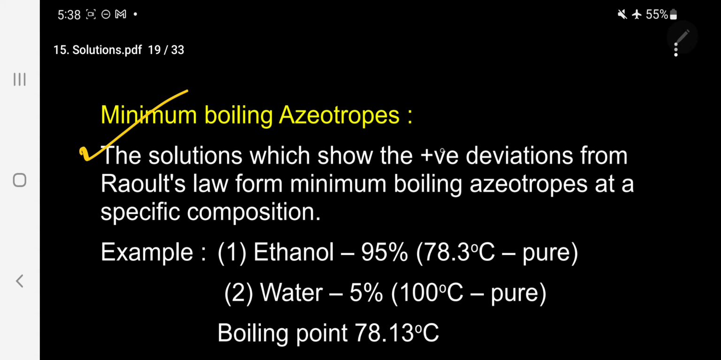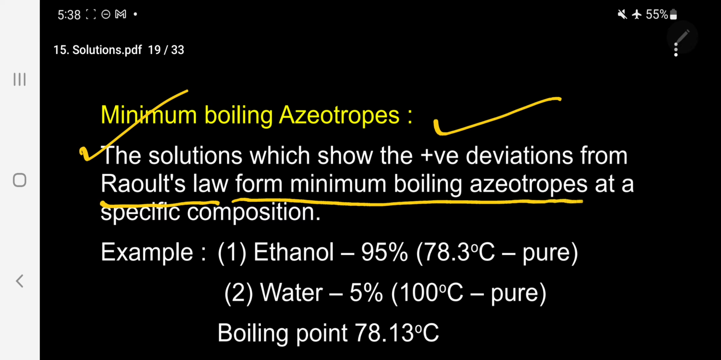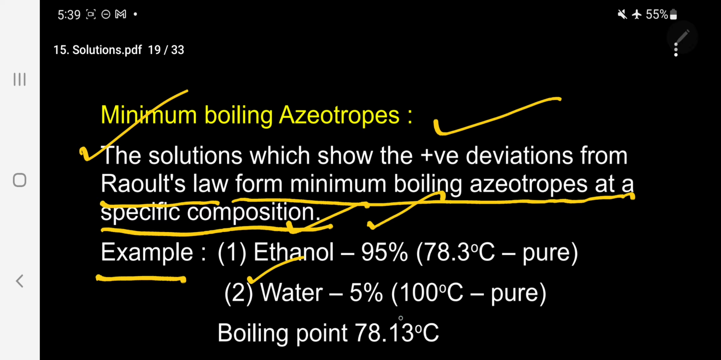The solutions which show positive deviations from Raoult's law form minimum boiling azeotropes at a specific composition. Please follow. Example, ethanol and water. Ethanol 95%, water 5%. What is the boiling point of ethanol? 78.3, pure, 100% pure. Water 100% pure, 100 degrees. When you mix these two, if I boil to get a pure component, the coming out component is a mixture,